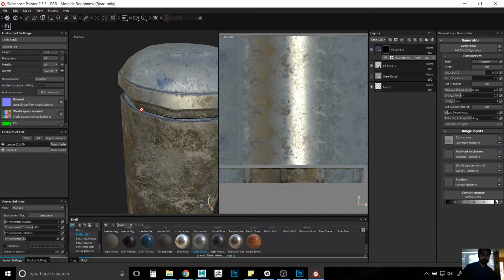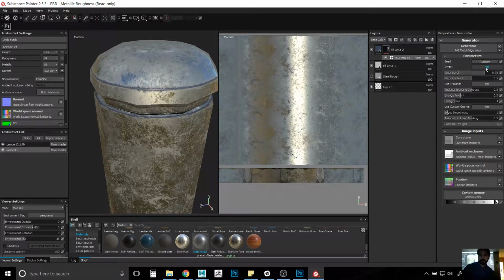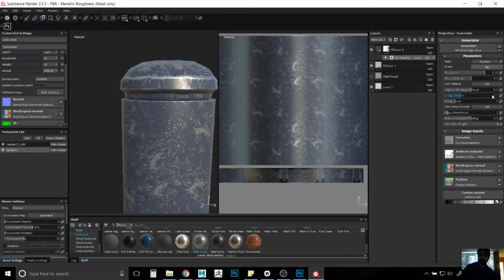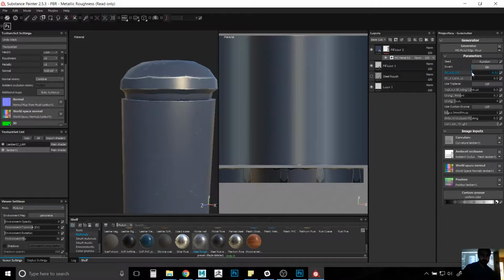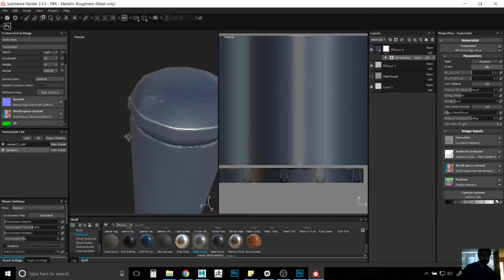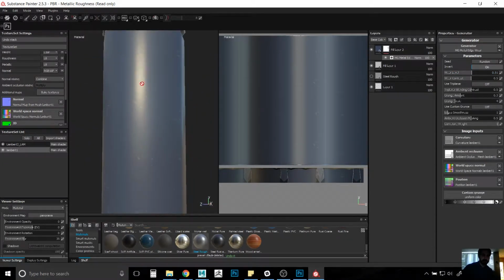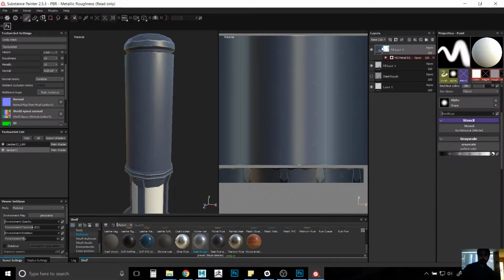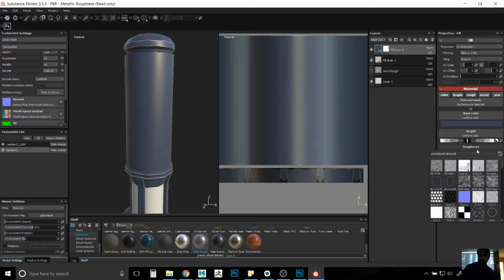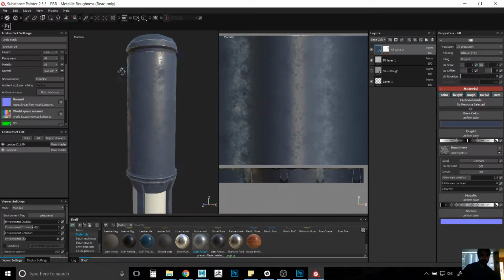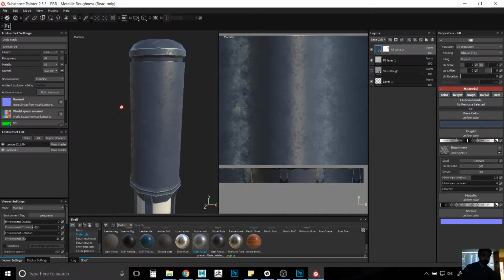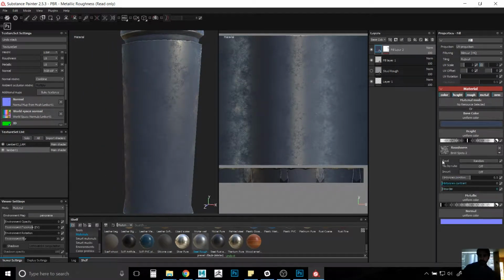Right now it's doing the inverse of what I want, the opposite. It's a little too heavy, so I'm actually going to turn down that wear level and just make it a little bit less apparent. Actually, what I really want to do is on this layer change my roughness to that black and white spots here. There we go. And maybe turn down that